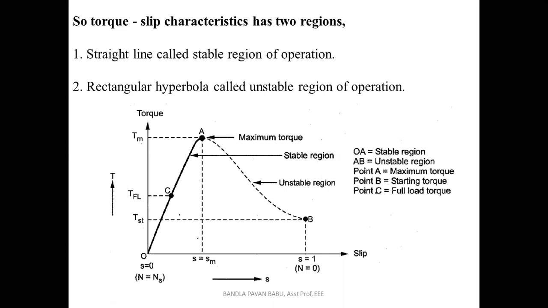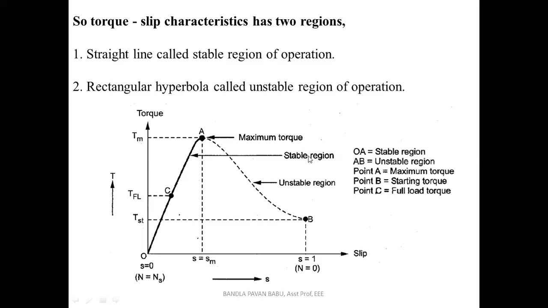And s equal to sm means it is considered as a medium or moderate region, so that's up to you. It is a certain finite value, as per the rating of the machine. Consider s equal to some sm, so some slip is there, and there it reaches the maximum torque. So the maximum torque is achieved in the motor at a certain slip value.